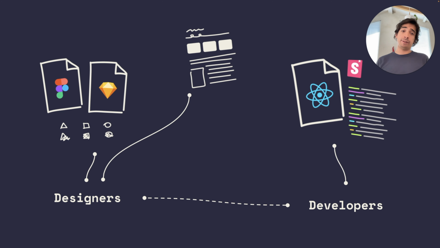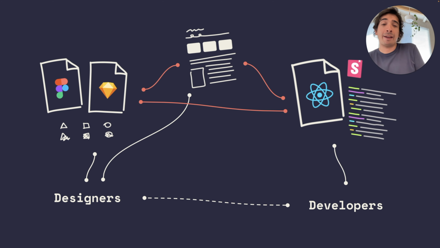The issue is now we have three sources of truth that represent the exact same stuff. Your documentation might be connected to your design file. It also might have some sort of connection to your code base. Maybe you're embedding your Storybook stories in there, or you simply have a code snippet in there. But all of this stuff is maintained completely manually.